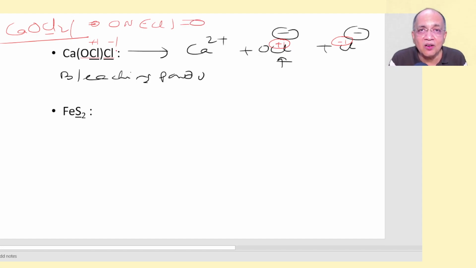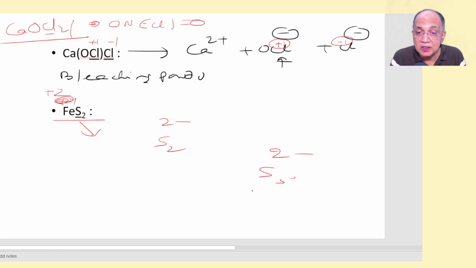So there is nothing called 0 here. One chlorine is in plus 1, this is hypochlorite ion, and this is chloride ion, minus 1. And this, some of you might think it is plus 4, but experimentally it has been found that this is in the plus 2 state, and this is a polysulfide, S2 2 minus, just like S5 2 minus, S4 2